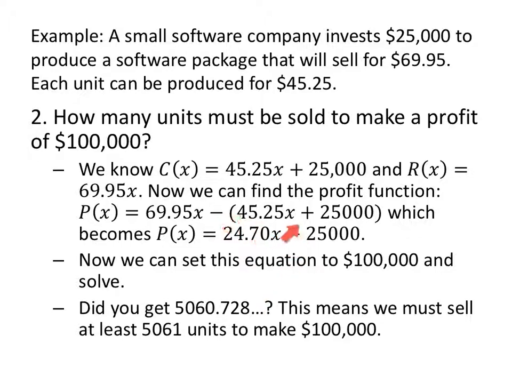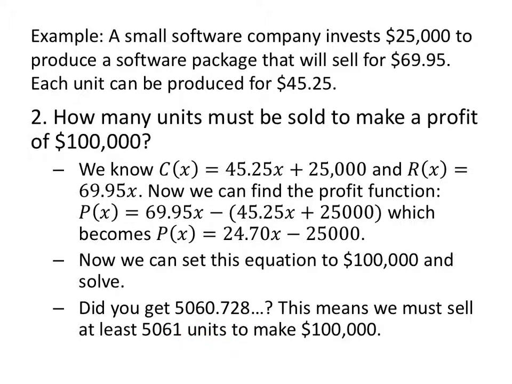But we will have the minus 25,000 because they still have to overcome that $25,000 in initial outlay. So we're going to set this equation equal to 100,000. 100,000 equals 24.70x minus 25,000. You're going to add 25,000 to both sides, divide by 24.70, and you should get